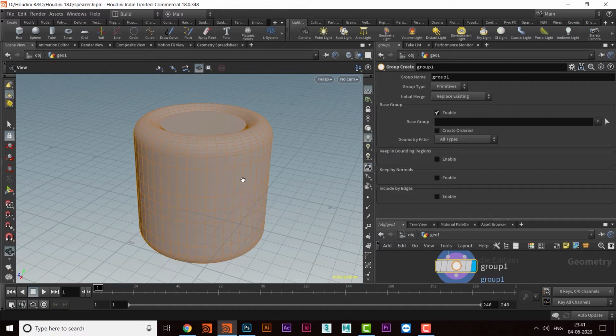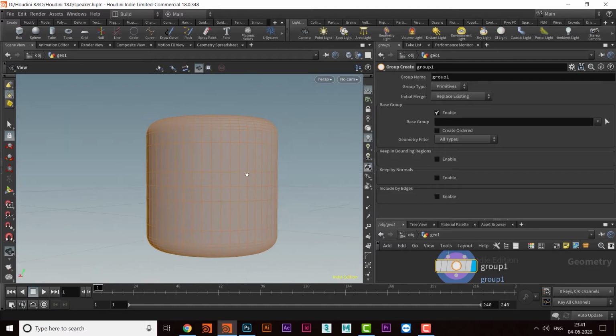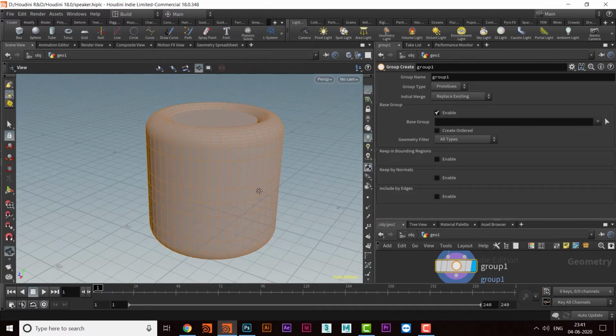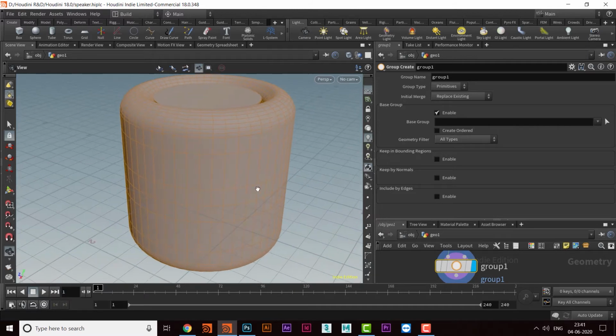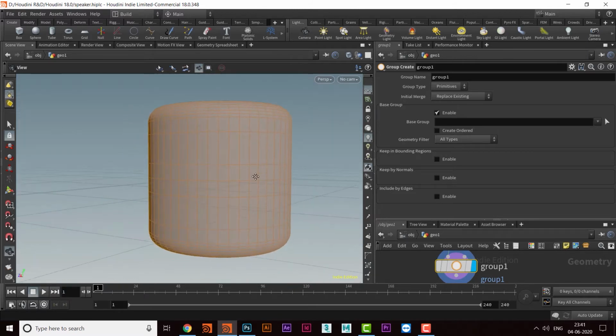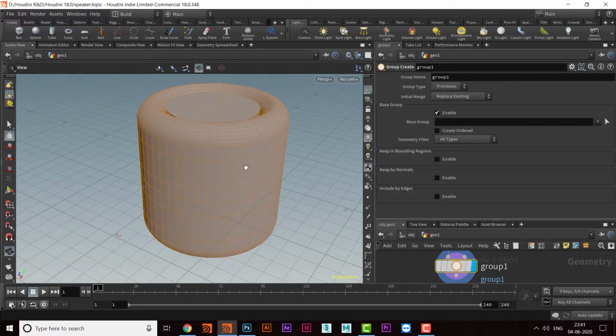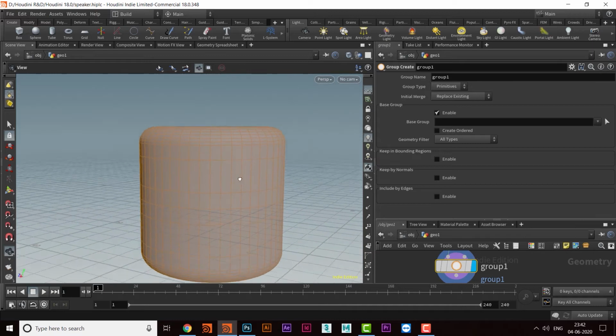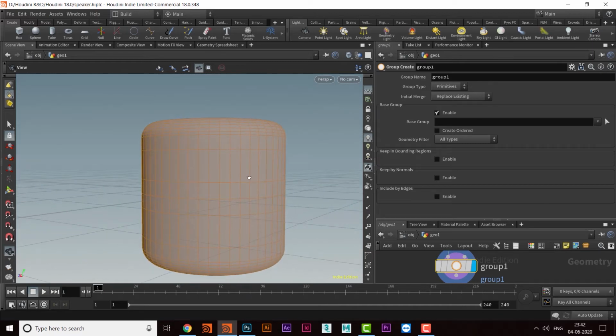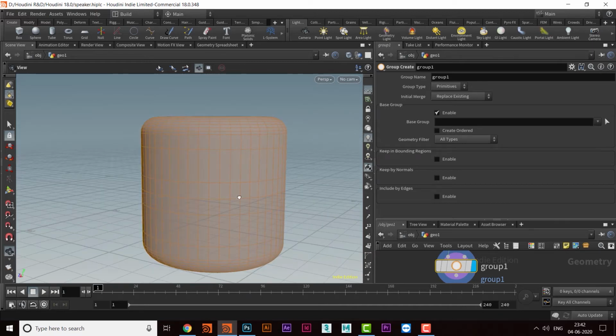If I want to select only some of them, then I'll have to select them. That can be a procedural or a non-procedural way of working. Let's do it in the non-procedural way first, and then we'll get to the procedural way.